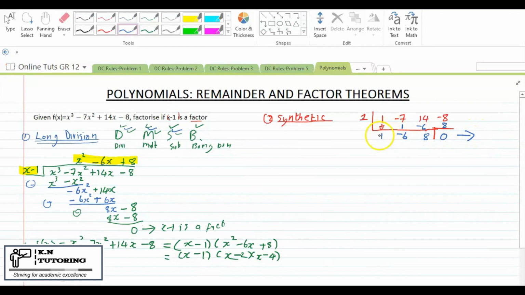Let me repeat what I did here. Firstly I wrote my factor there, x minus 1 was my factor, so it means 1 is the divider, and then I wrote the coefficients of this equation. Then I dropped the 1, and then I said 1 times 1, I got 1. Then I add minus 7 with 1, I got minus 6. Minus 6 times 1 is minus 6. 14 plus minus 6 is 8. 8 times 1 is 8. Minus 8 plus 8 is equal to 0. And then this means that